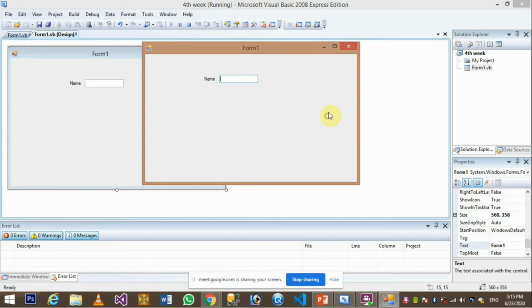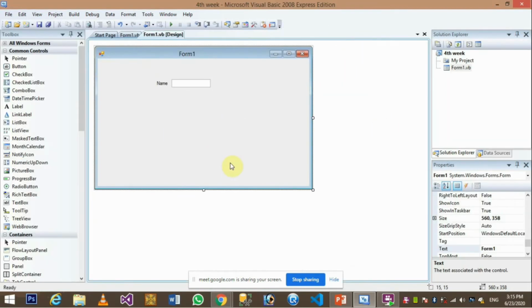Okay, and we would continue with that. Okay, close it. After closing this debugging mode, we are able to now change all these things. So now button.